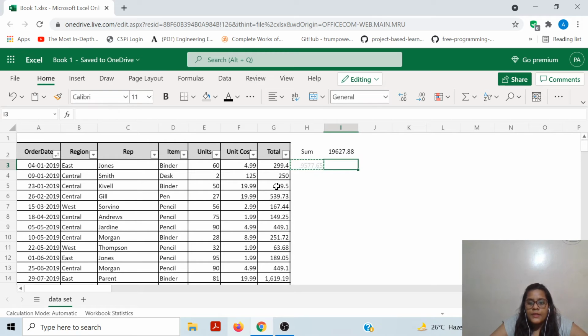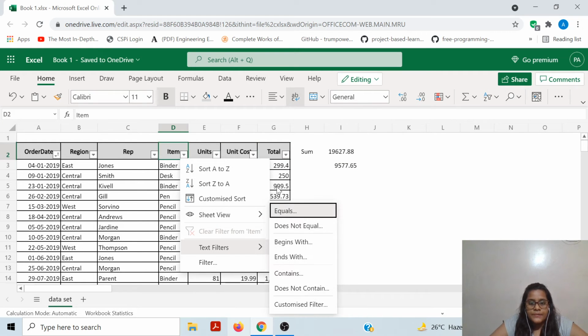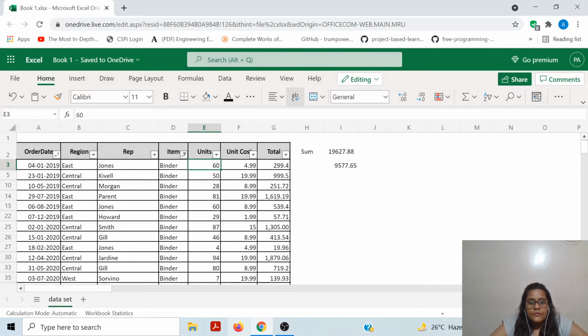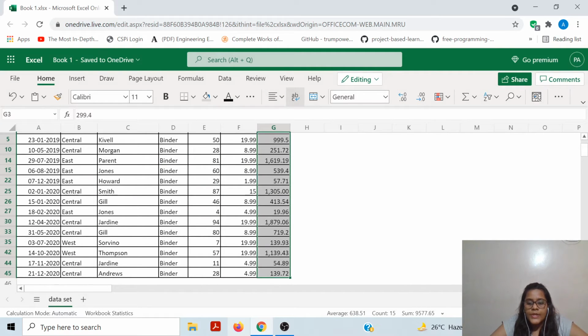Therefore, we get the total as 9577. Now, if we check for binders, we can see that 9577 was indeed the total sale of binders.